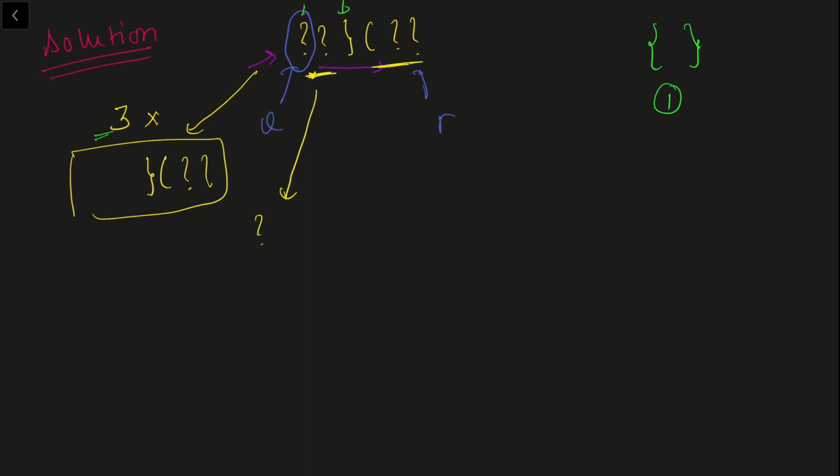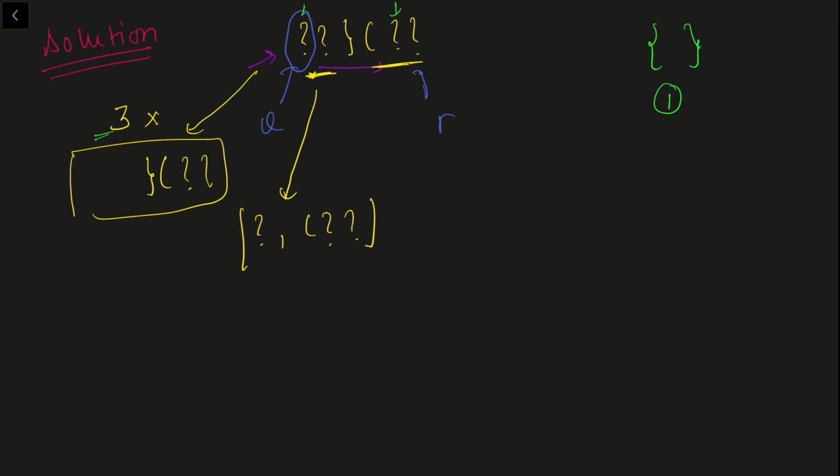Then I need to solve the question mark. So these two strings, I need to solve separately, right? And similarly, let's say now I take this as my closing bracket, but in this case I can see that this is already not a question mark and it is an opening bracket, so it cannot be a closing bracket, so I cannot choose this position. So I'll just move on to this position.